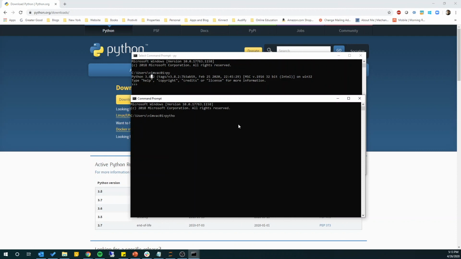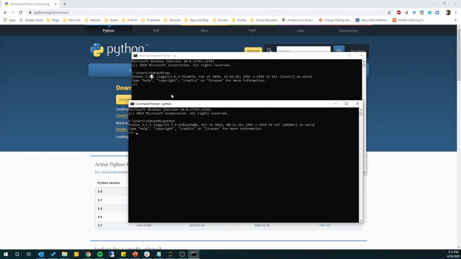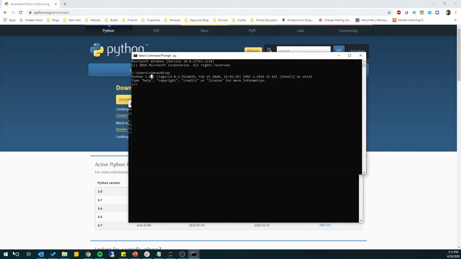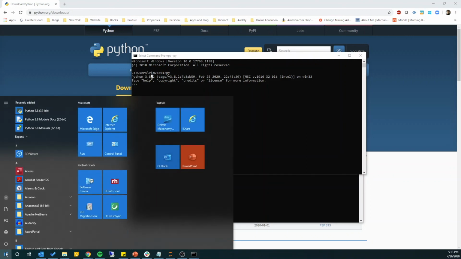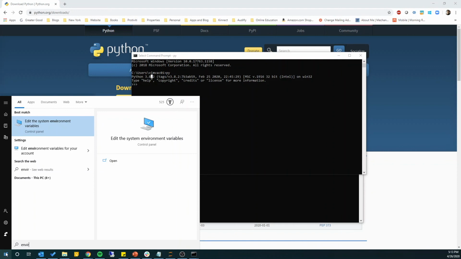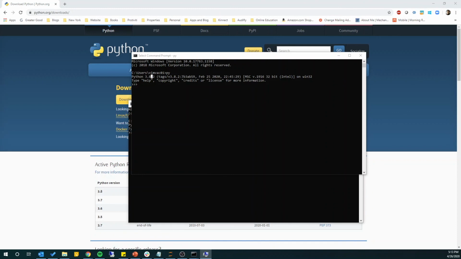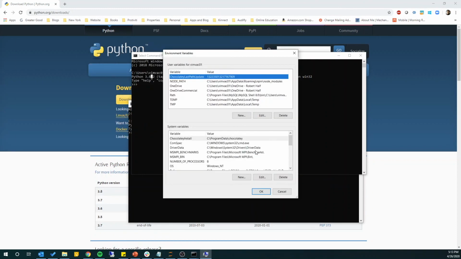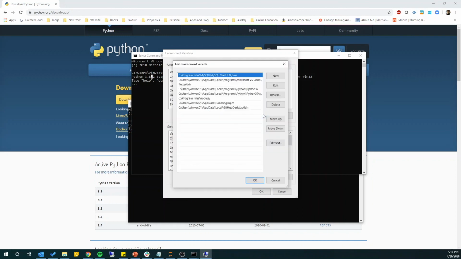So it's gonna work fine on mine because I've done the following steps, but to get that to work correctly on your computer, if you're having errors, it's fairly straightforward. So what we need to do is we need to go ahead and map in our Windows environment variables the location of our Python installation. So again, for Windows, you can go to environment variables. So we're going to edit the system variables, and you're going to edit the environment variables. So one of the few things we need to do is we need to edit path so that Python is found here. So if you click on path and click on edit,